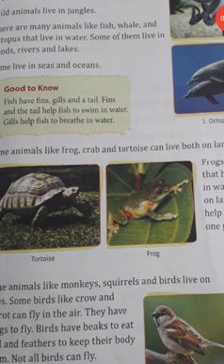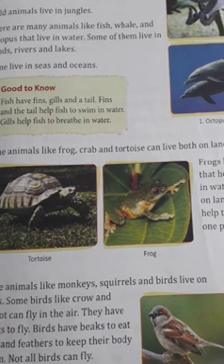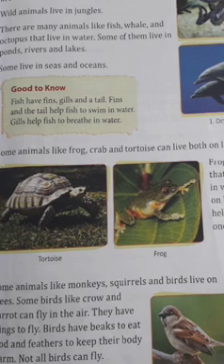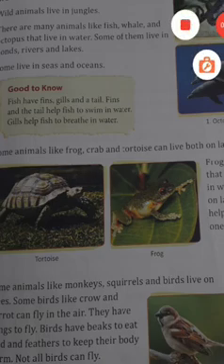So student, we read in this chapter many types of animals. Some animals live on the land, some live in the water and some animals live on land and water both. But some animals live in water, and their names are fish, whale and octopus, etc. They live in the water.